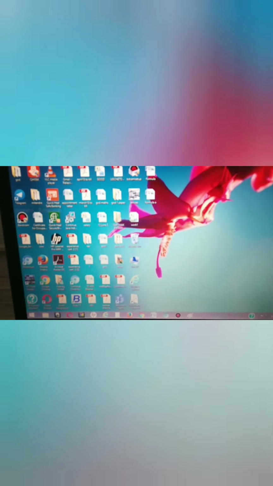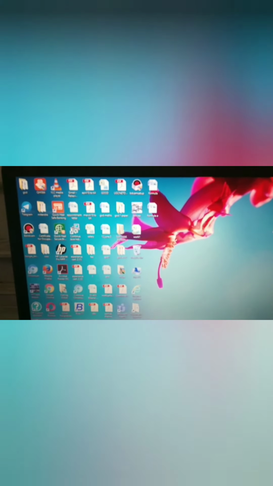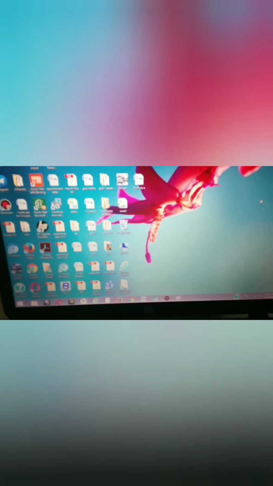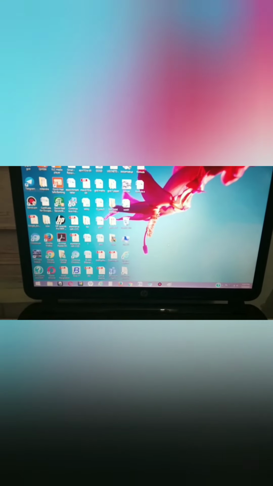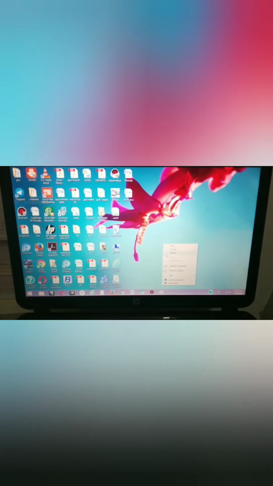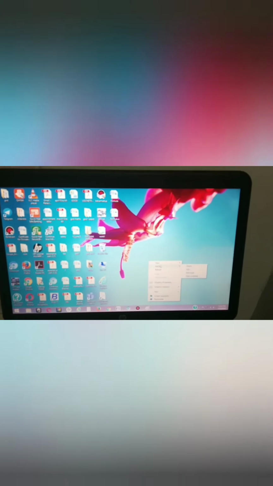Now arranging icons on the desktop. How to arrange icons on the desktop? First of all, right click on an empty space of the desktop, as we have done before also. Now we will take the view option.